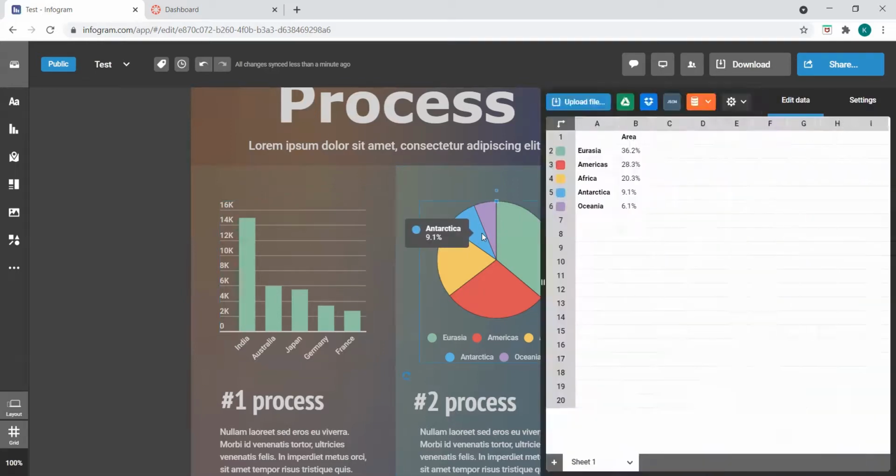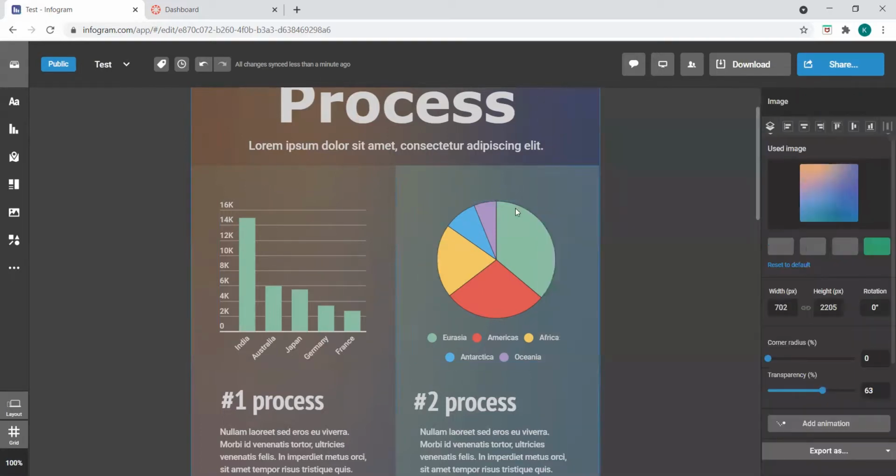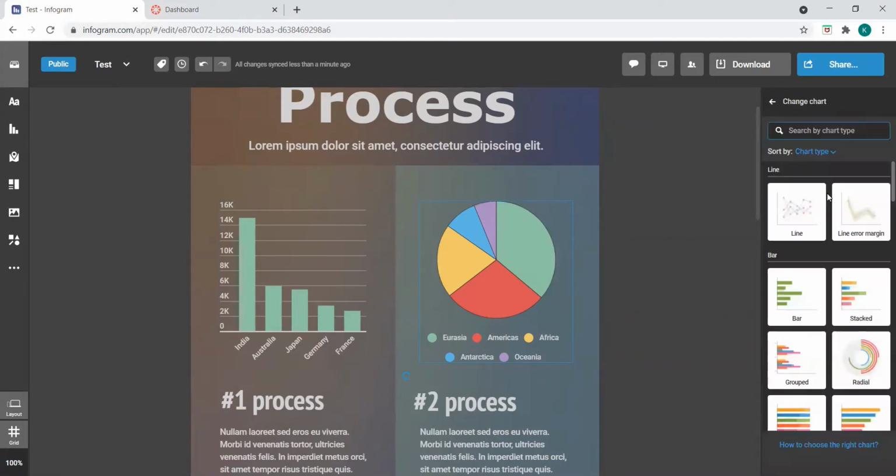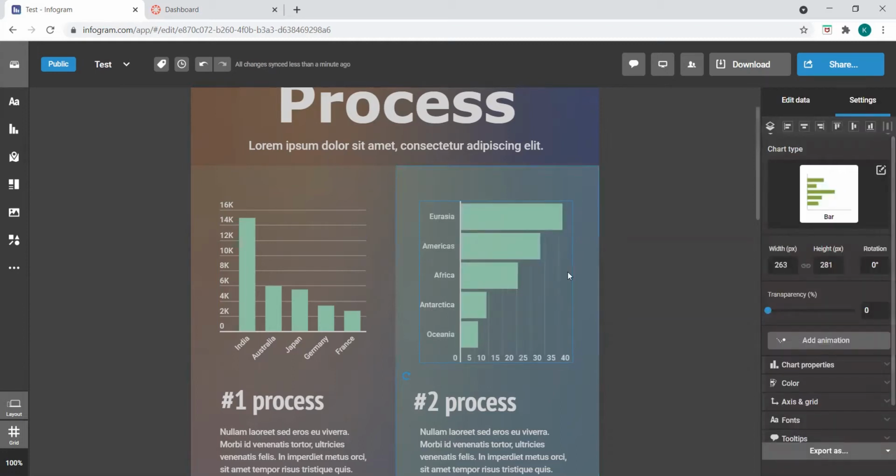So let's click on the chart. This is the same as we have done previously, but if we single click on it, we can modify the chart. Which chart do we need to put? Suppose it is given here as a pie chart, but no, I need to put a bar graph on it. So let's click on the bar graph change. As you can see here, the bar graph has been created.